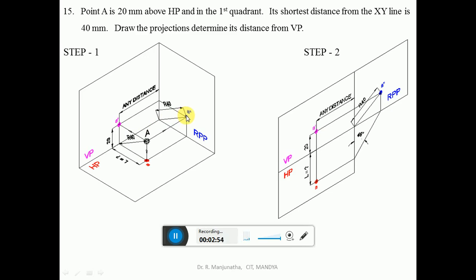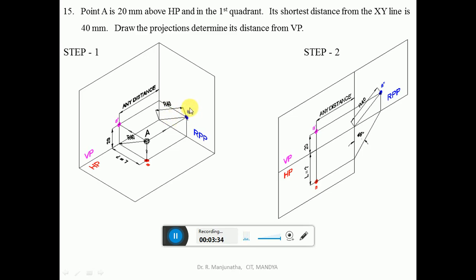So how can we solve this problem in 3 dimensions? Once you look from the front view, you can see the vertical distance above HP. So the above HP distance is marked. Then you draw a horizontal projector from here and extend that horizontal projector onto the profile view, because when you look from the profile view, we can see the front view distance and also the shortest distance. Then you measure the distance of 40 mm. From the origin, you cut an arc on the extended line of this A dash, which is the above HP. So it will cut it here, and you get A double dash.